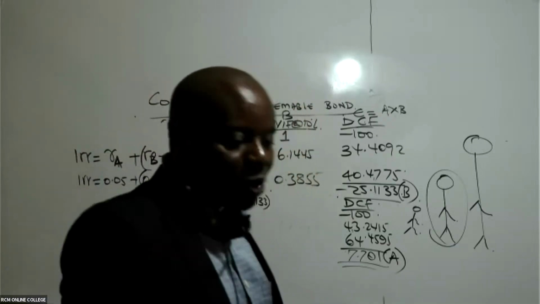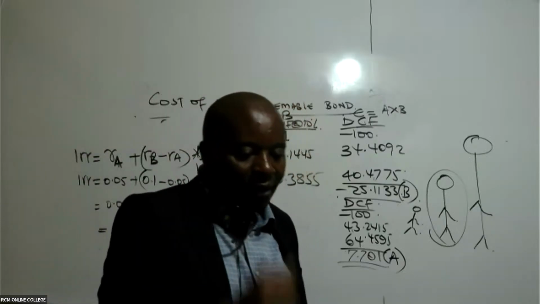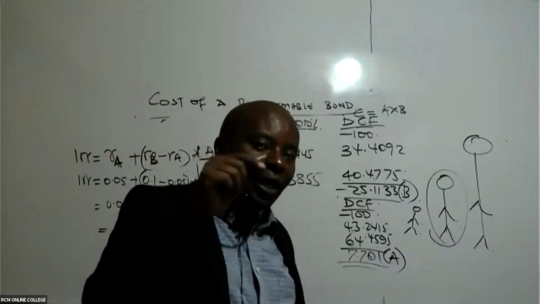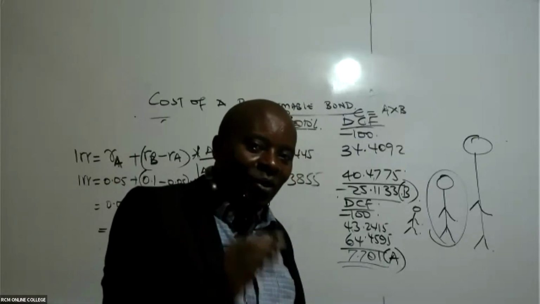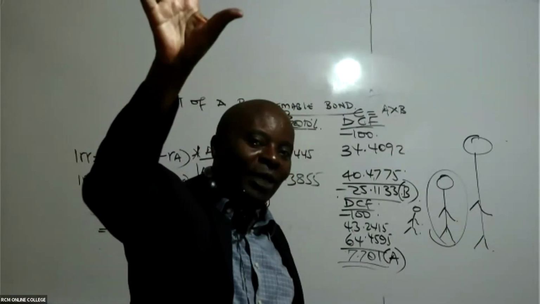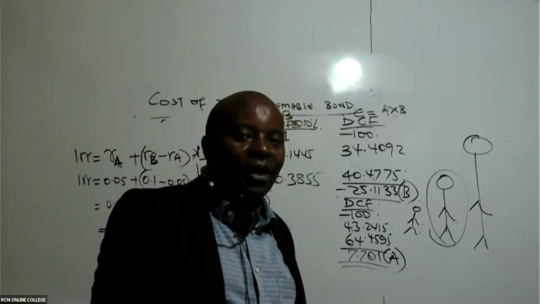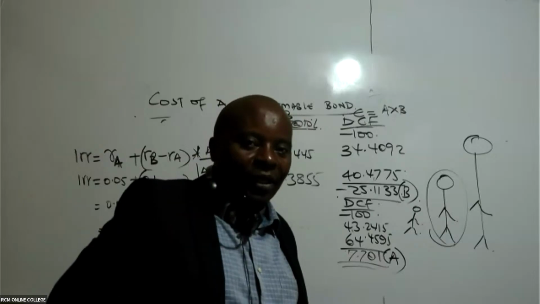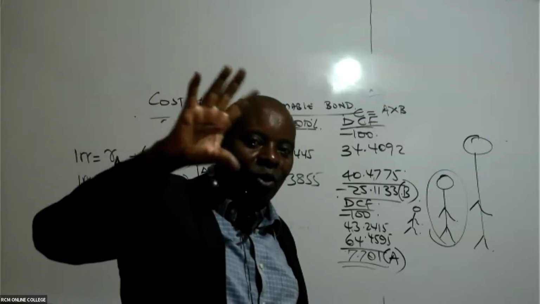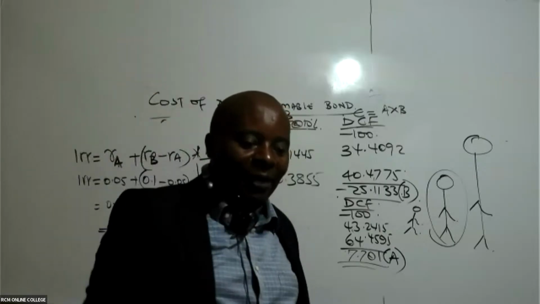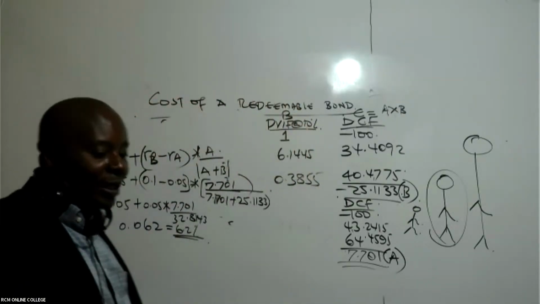So Caroline, maybe you need to try later on so that you can get to know why you were wrong. Because there is no way you can get a negative NPV and then go for a higher cost. That will not be business. You've gotten a loss and then you increase your cost to expect to get a profit. Wrong. If I try 10%, it gives me a negative. That's a loss. To get a profit, I can't increase my cost, because it's called cost of capital. To get a profit, I have to lower my cost of capital.